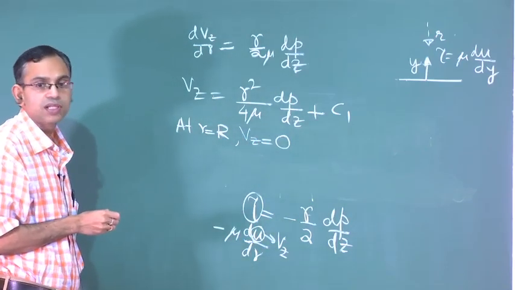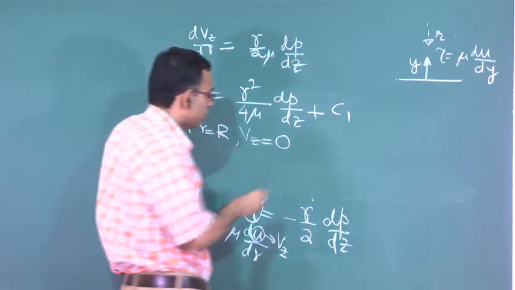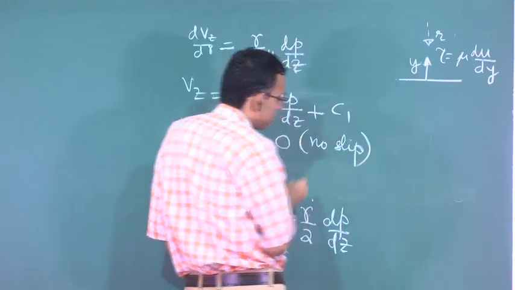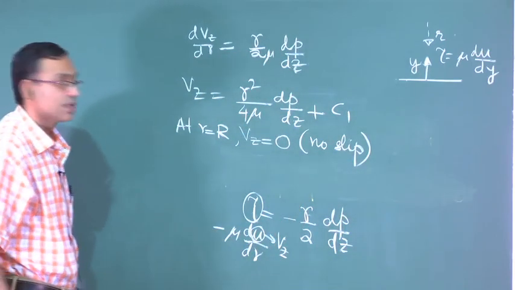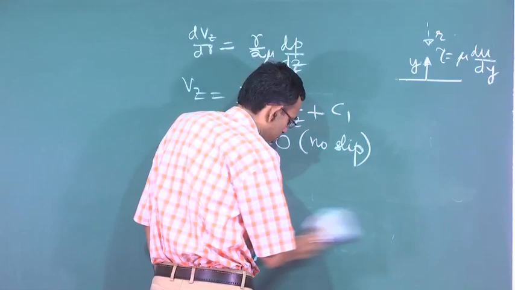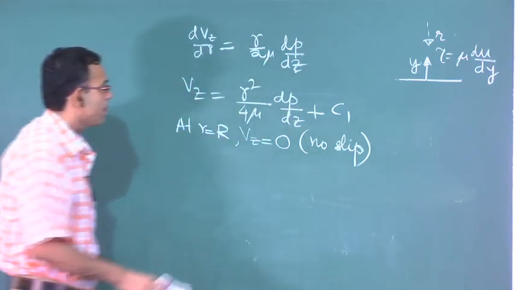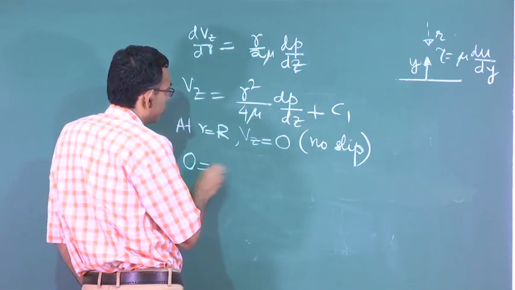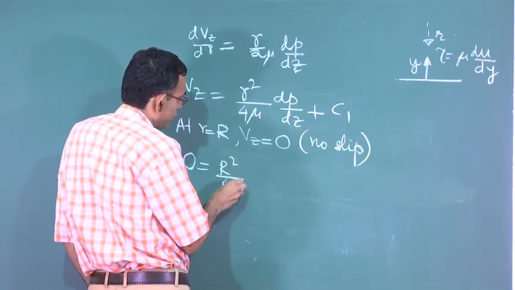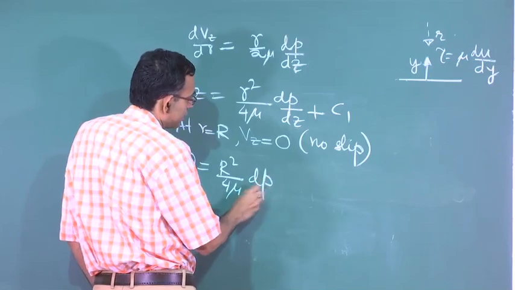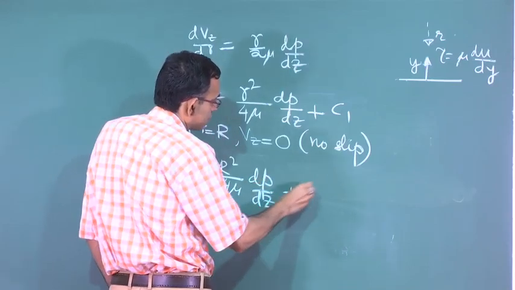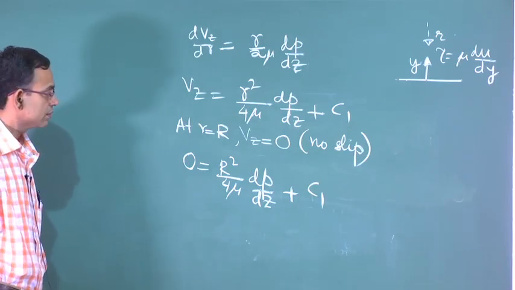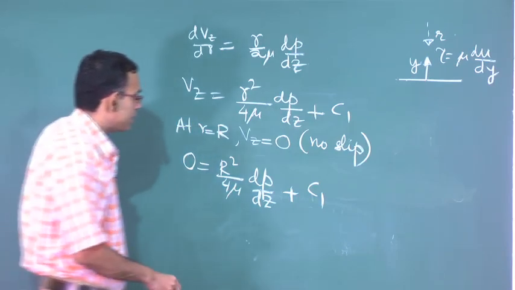This is called no slip boundary condition. We will see briefly what is slip in case you have slip instead of no slip. So you will have 0 is equal to r square by 4 mu dp dz plus C1. So C1 is